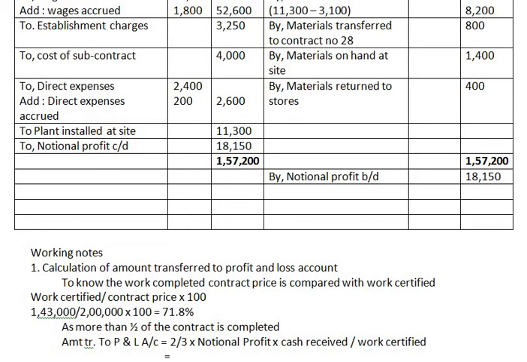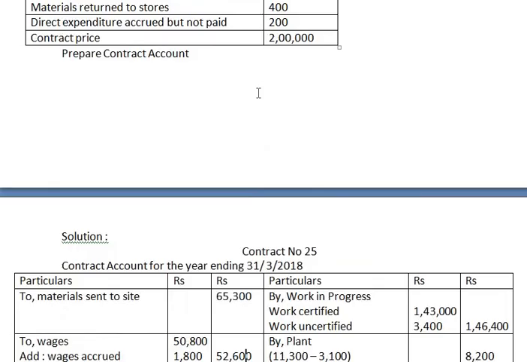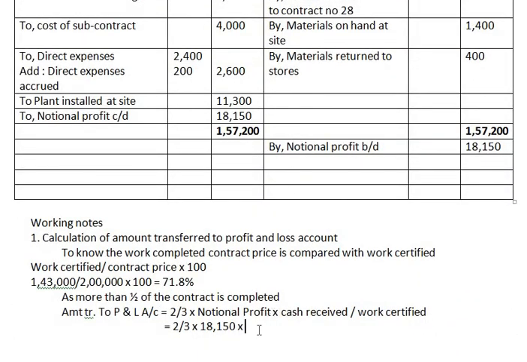Now here write down: equals 2/3 into notional profit, 18,150, into cash received, which is given in the problem. Cash received from contractee is 1,30,000, divided by work certified, which is already given, 1,43,000. Now just calculate this. It is rupees 11,000, right? So amount transferred